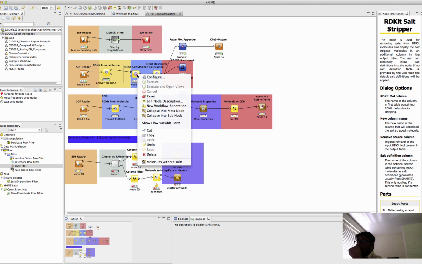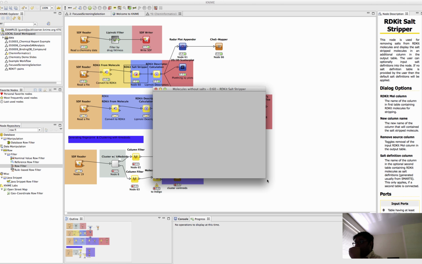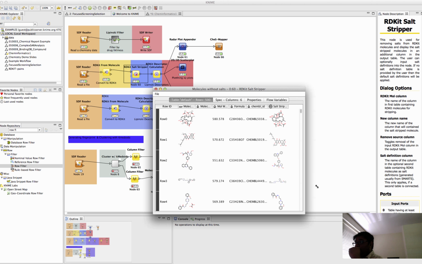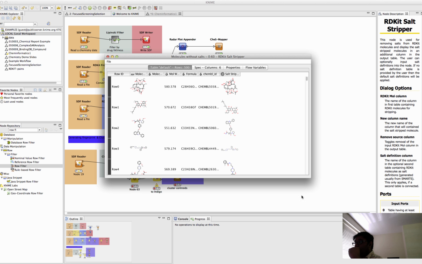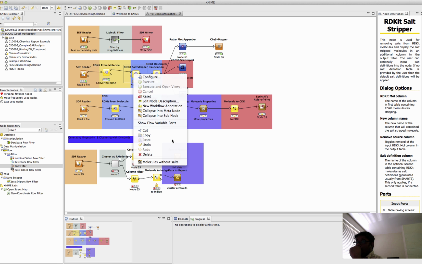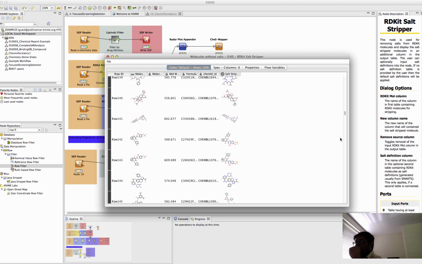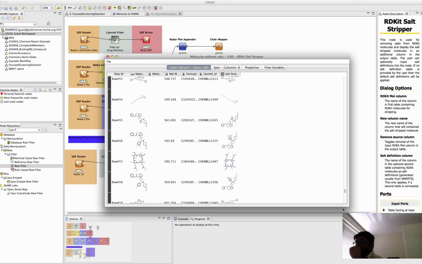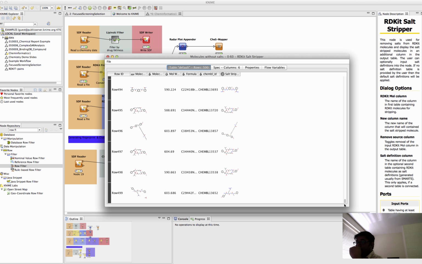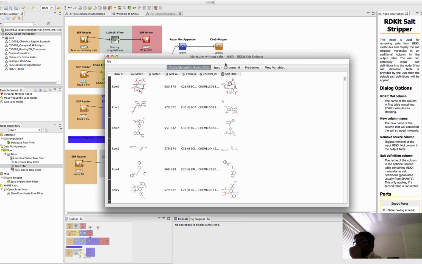Then we are stripping some molecules. With the stripping molecules, I want to remove the salts from the molecules, which is not required. So I told you in the virtual screening that we need to remove salts and everything. Here you can see the molecules. Once you open it, again I'm showing you, you just right click and then choose molecules without salts. I think all the molecules are without salts, but still you remove those 500 molecules, and then